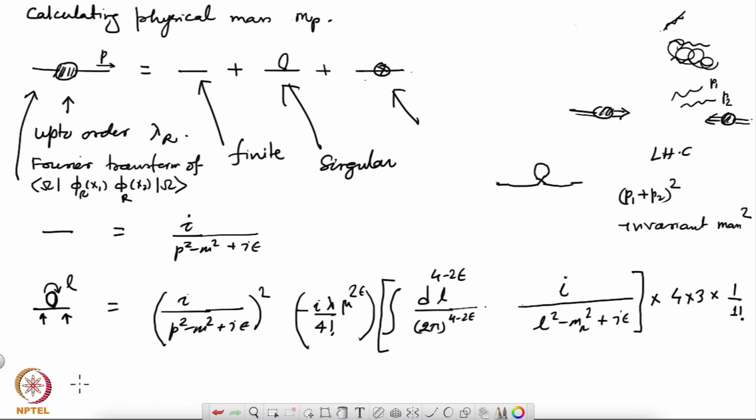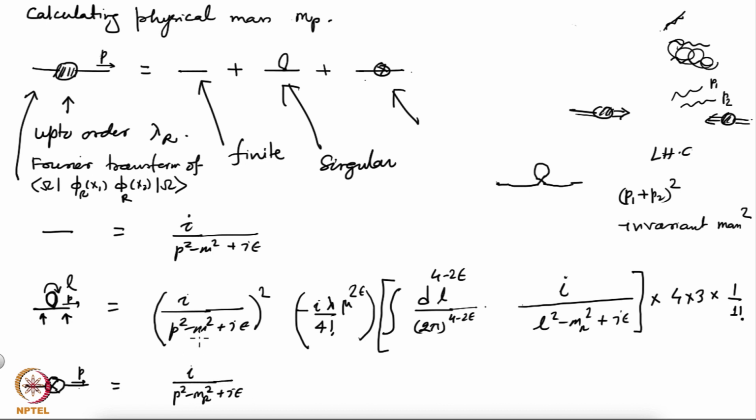Okay. Now the counter term, or counter vertex, or better, counter diagram. This has 2 propagators, each of which carries a momentum p. So you get i over p squared minus m_r squared plus i epsilon, squared, and then you have